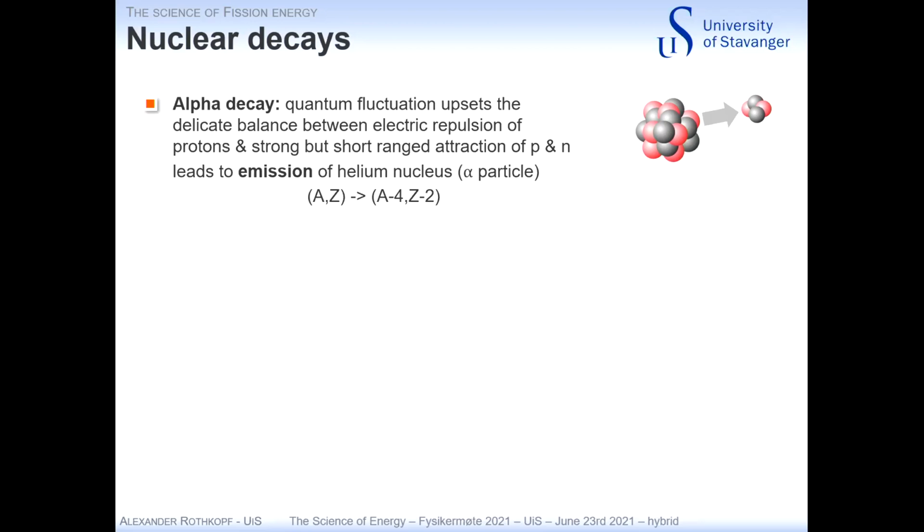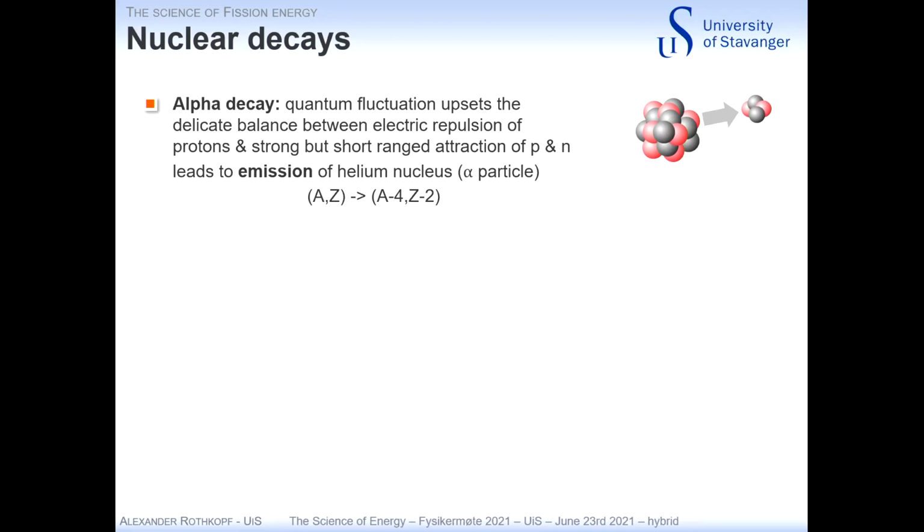And that allows a cluster of 2 protons and 2 neutrons to escape the nucleus. And that is nothing but a helium nucleus. And historically, this was called an alpha particle. And so in our scheme, we are going down 4 units in the mass,